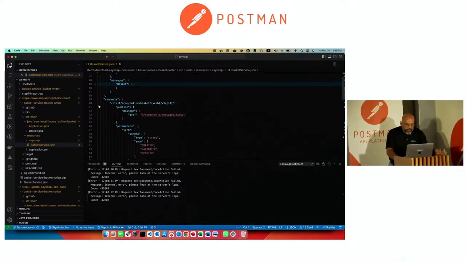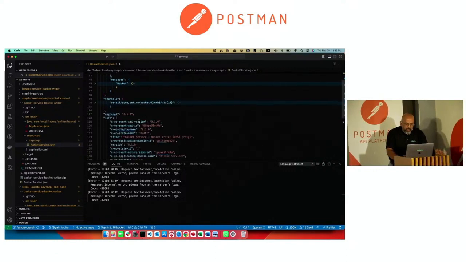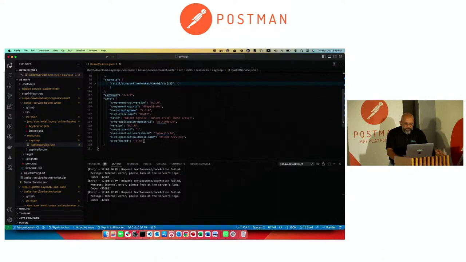And this is the definition of the service, AsyncAPI 2.5, with a lot of metadata. One of the good things about AsyncAPI that I personally like is that they provide a facility for you to capture custom data, custom attributes. All these things, the x-ep ones, are Solace specific. Anything that I have to do in terms of code generation or reverse coding, I can build my own template. So with this, I put it through the AG command, I generate the code, and the code looks like this.